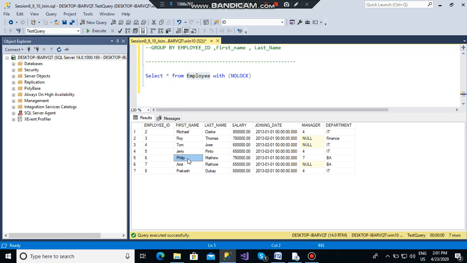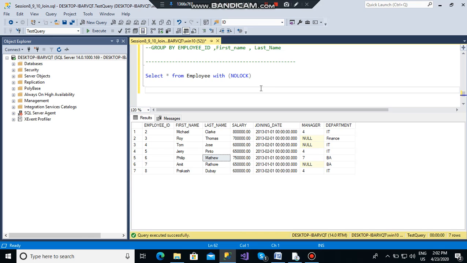For the 6th record, Phillips Matthew, we have a manager ID of 7, and on the 7th position we have Amit Rathod. It means that Amit Rathod is the manager of Philip Matthew. And so on.